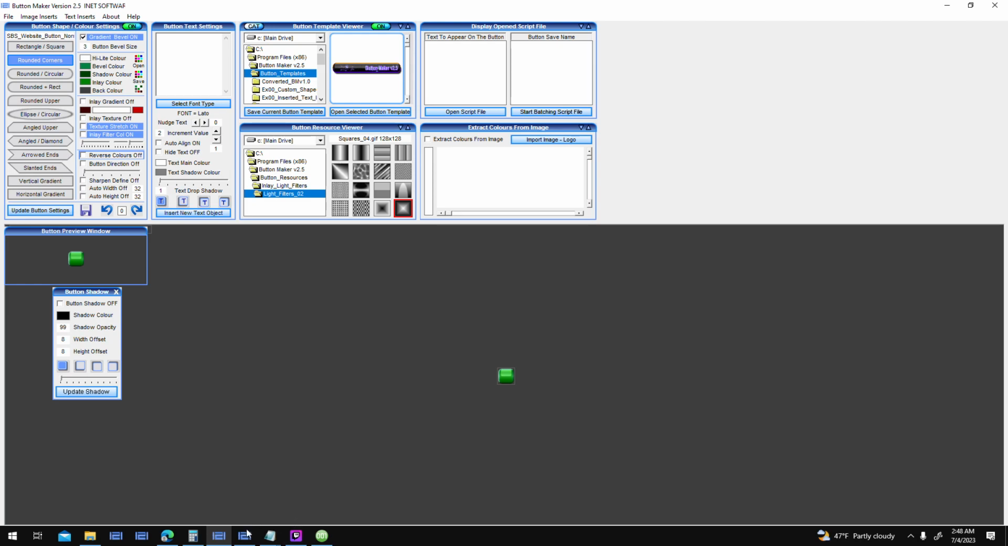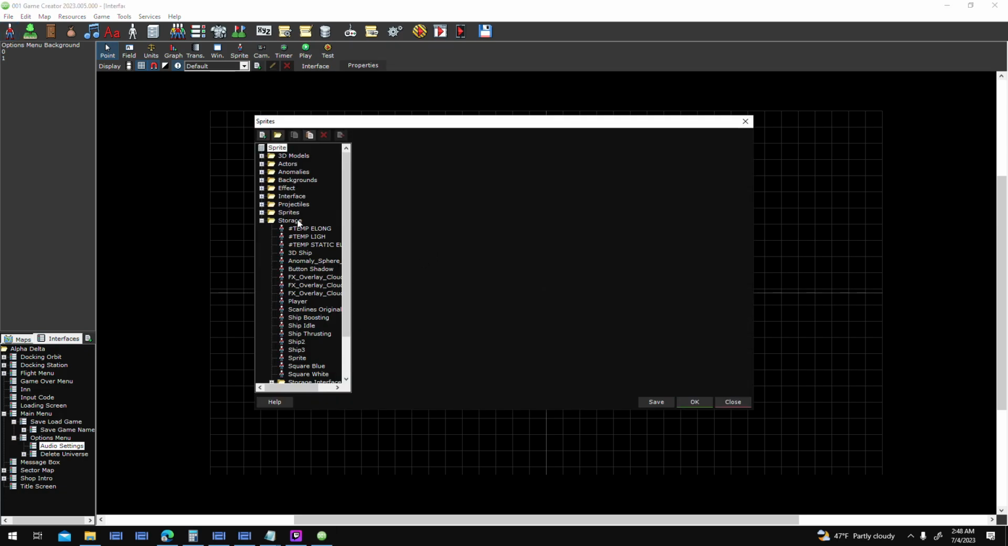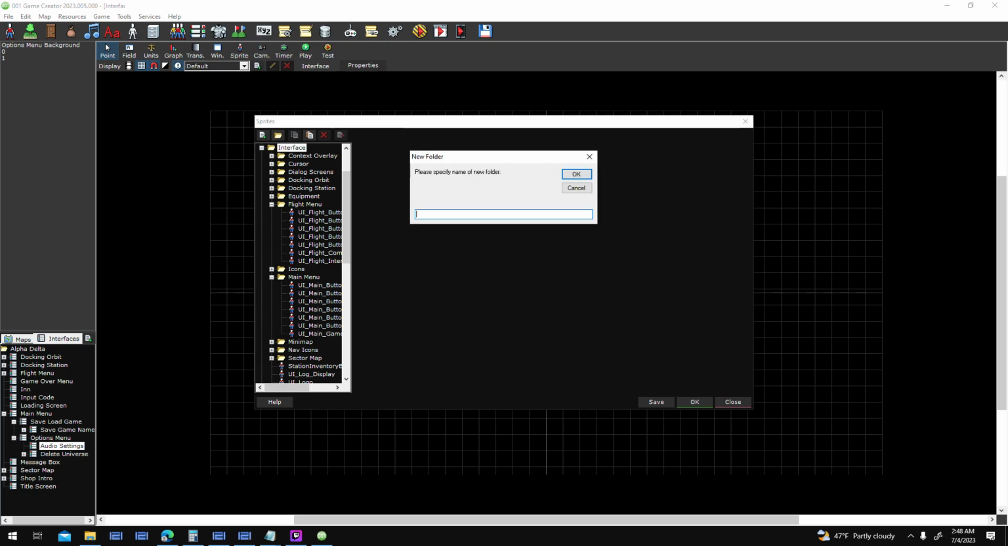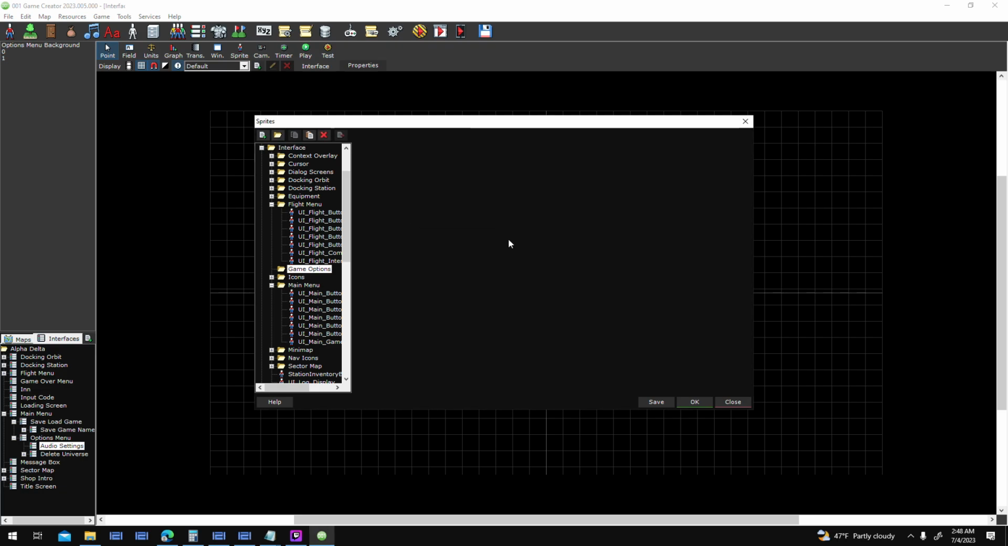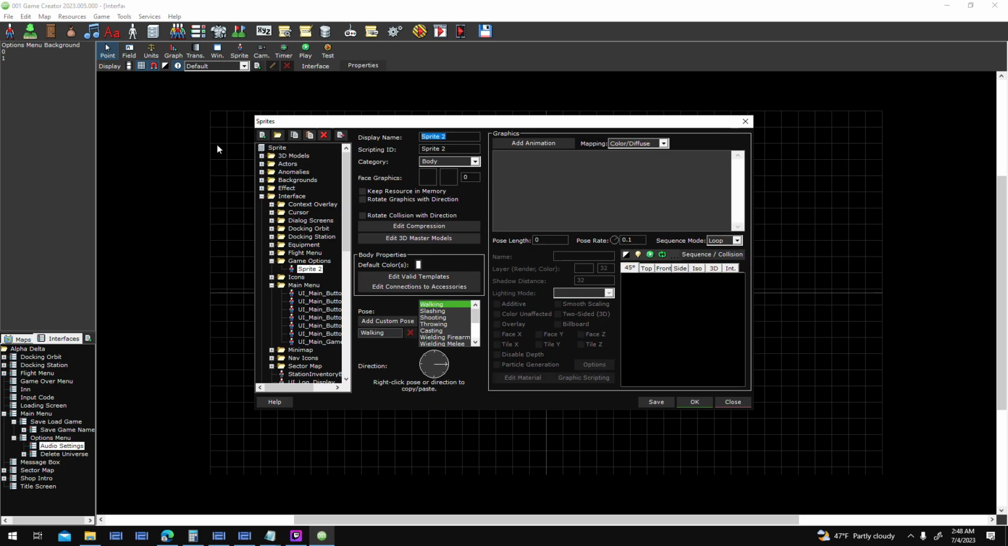I'll just use the green and the black for now. I'll just come back in here. I'm going to import those. I'll just create a new folder called Game Options, since I don't have a folder for my options menu stuff yet. So in here, I'll create a new sprite. Give it a name. I'll call it UI